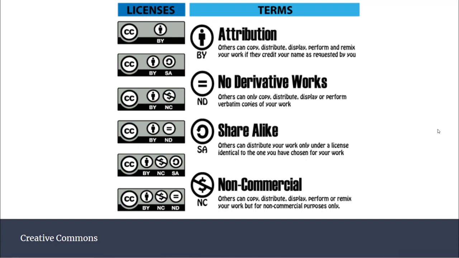Two of the most common ones are the no derivative works modifier, which basically means that people can copy and distribute the article, they can read it, but they can't necessarily do new work based off of that work without prior permission. Now, one important thing to note is that the no derivative works license does not stop people from quoting your work in their own articles, as has been tradition and practice in science for a long time. That is because that practice typically runs under fair use, which is a whole other copyright conversation, but it's just important to note that the no derivative works modifier doesn't limit the traditional pace of science.